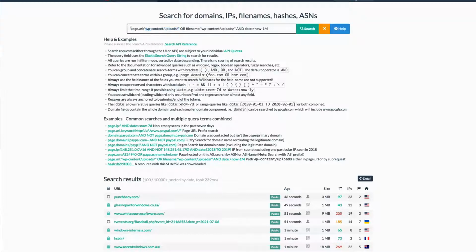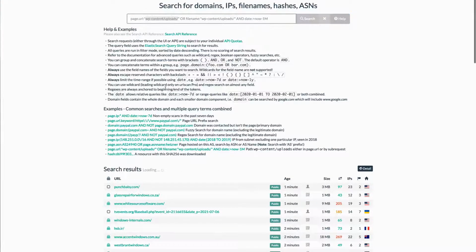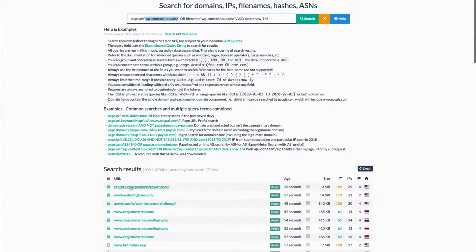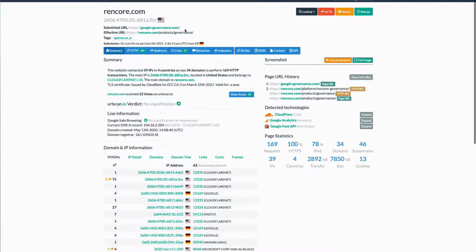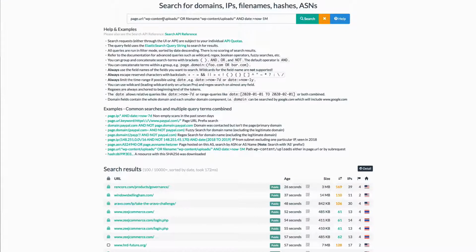In this case, I'm looking in the end result URL, and I want to know if it had this in the structure of the URL that was sent. And so when we did our search here, you see here, we get RenCore products.governance, and we looked for, just to be clear, WP content.uploads. Now, to make sure that we're finding it properly,